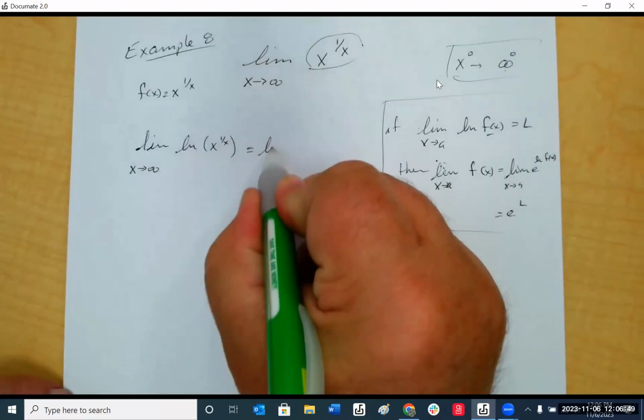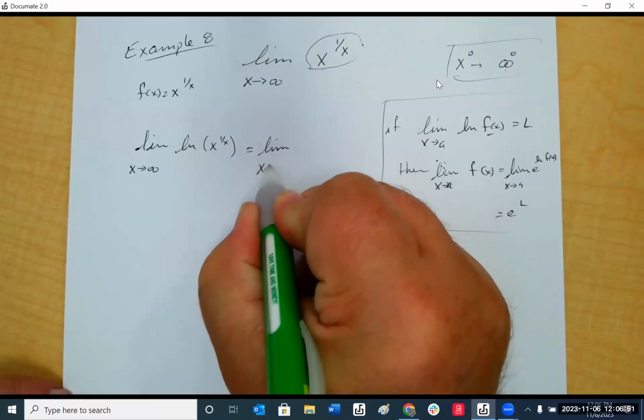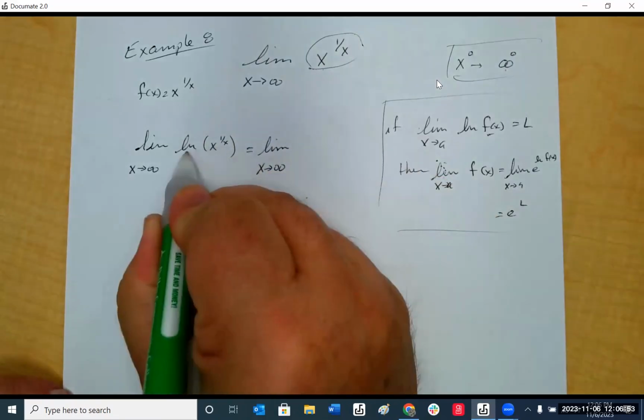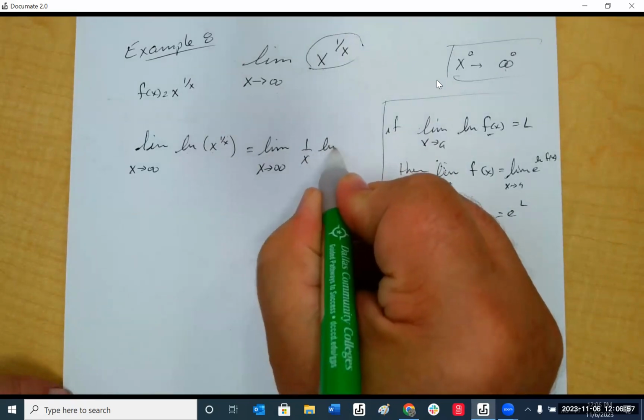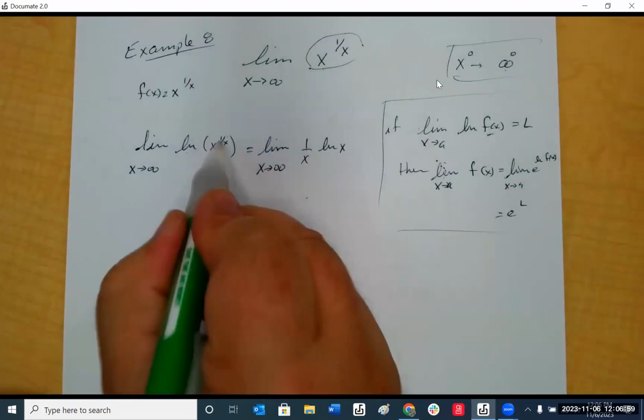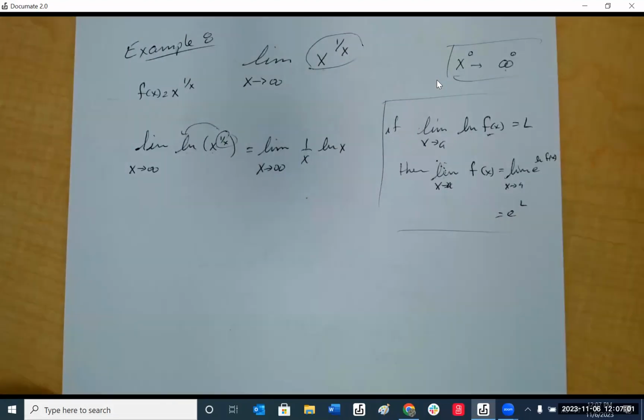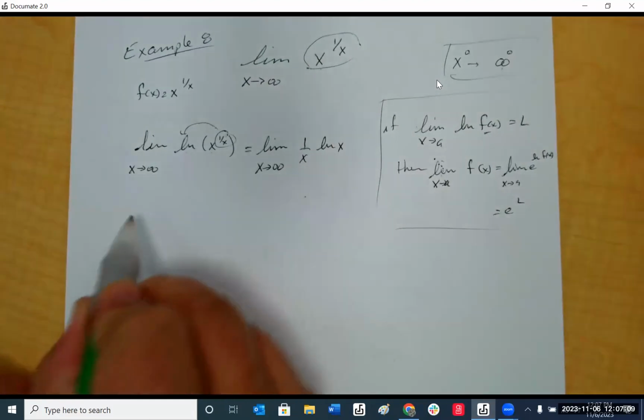So this is the same thing as the limit as x approaches infinity of ln x, where the 1 over x comes out in front. It's a power. So now we have